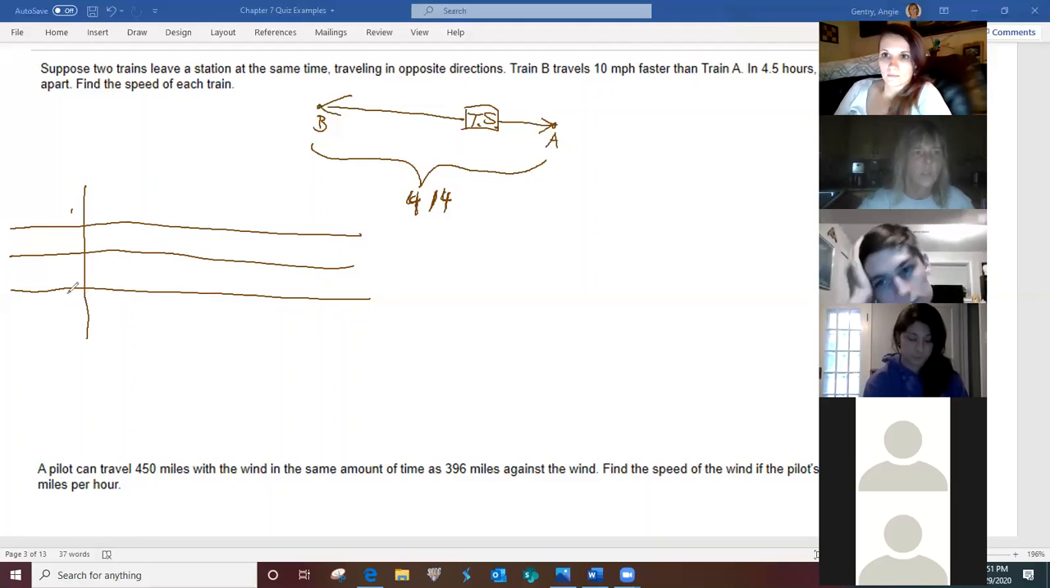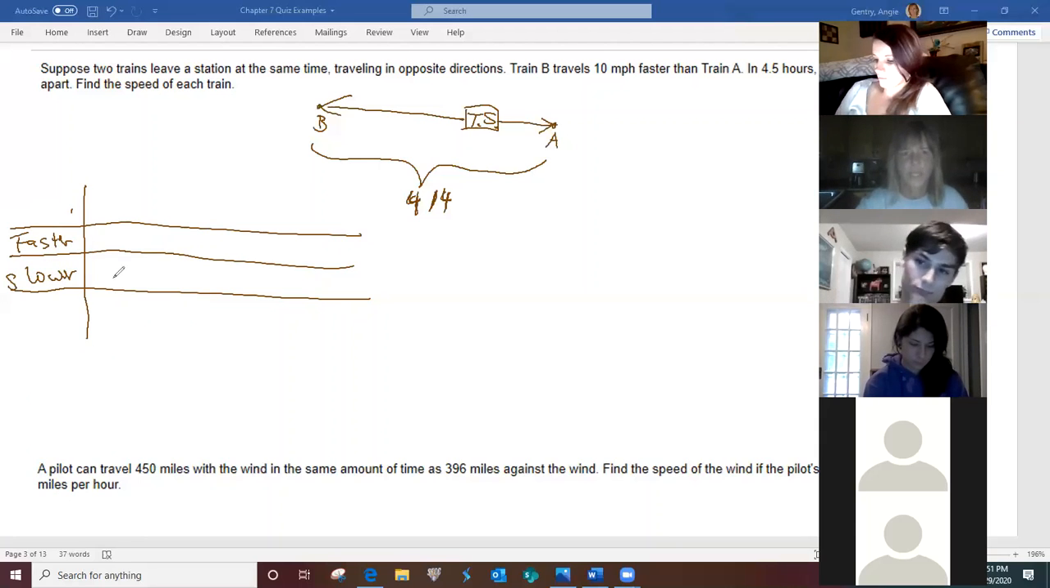But what I tell people is always in the table, don't worry about it. Just always make it a standard thing. You're going to put faster on top and slower on the bottom, instead of me worrying about what's train A, what's train B. Just do the faster in the top, slower in the bottom, it always works. And then you're going to say,